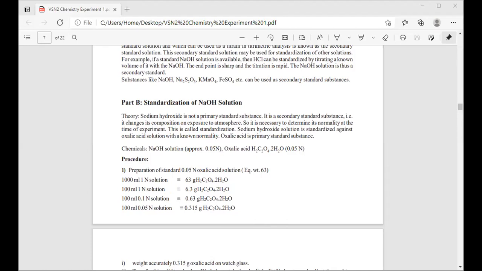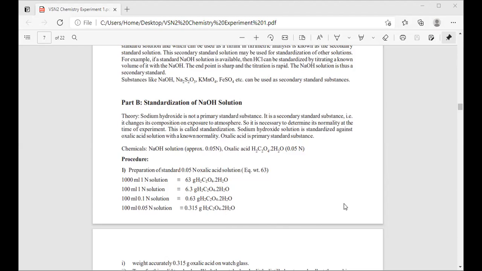But even for the NaOH, we have 8 divisions, so 24 batches performing this experiment. So if we assume that every batch needs at least 500 ml, so nearly 12 liters is required. So for the safer side, the lab assistant makes it 15 liters or 20 liters in advance. But once the water solution is prepared, it gets decomposed, and the concentration decreases. Maybe if it is 0.1, then it decreases to 0.07, etc. So at the time of practical, you have to standardize NaOH every time, to find out what is the exact normality at the time of experiment.